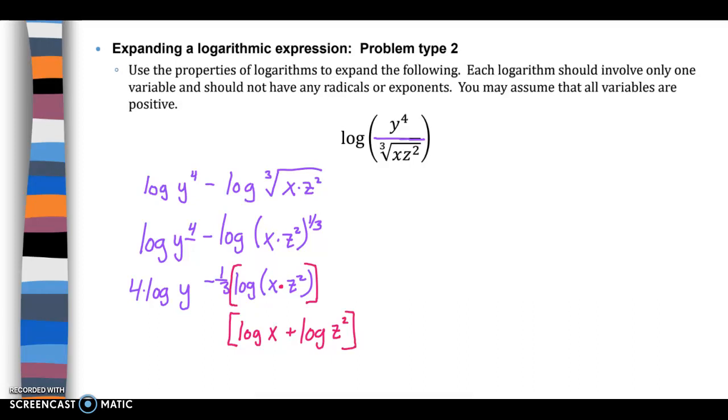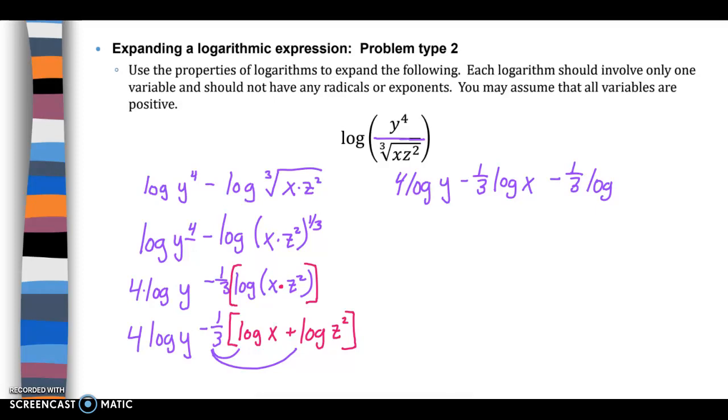And then I still have the minus 1/3 out in front, and I still have 4 times log of y there. Now this isn't fully expanded because I then need to multiply the negative 1/3 down, and I also have some exponents. I have this z squared exponent. So let's first multiply that negative 1/3 through. So 4 log of y minus 1/3 times log of x, and then that negative 1/3 needs to be multiplied by log of z squared, so that's minus 1/3